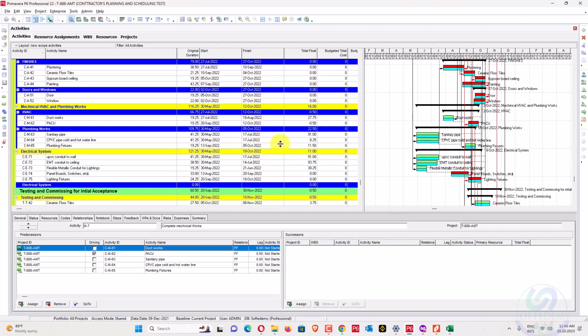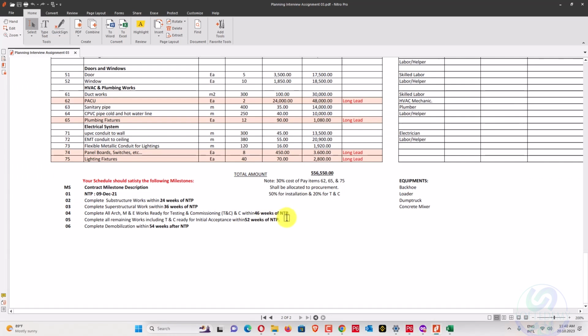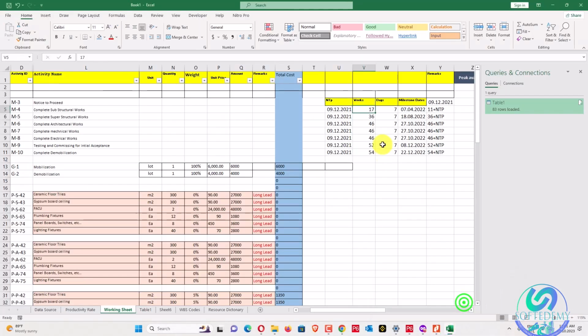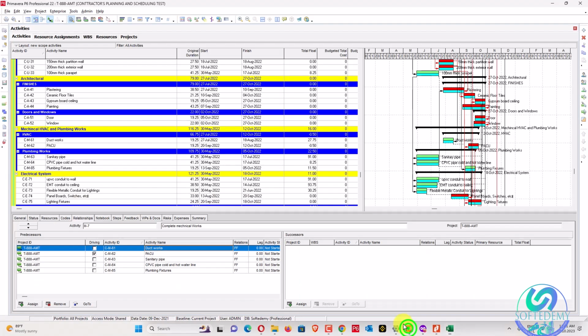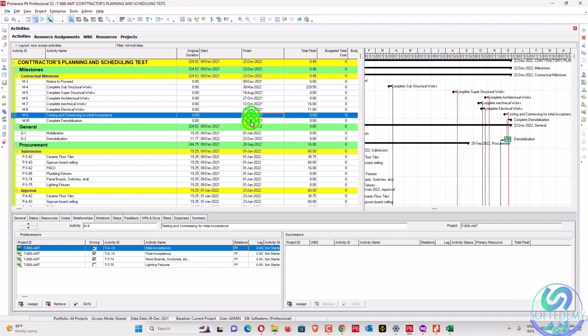We can leave it here because there was a condition that we have to complete all of this in 46 weeks. So architecture work is finishing in 46 weeks. So there was this condition, 46 weeks, for these three, because one of them should be finished on 27. So this one we have just matched, 8 of August 22.